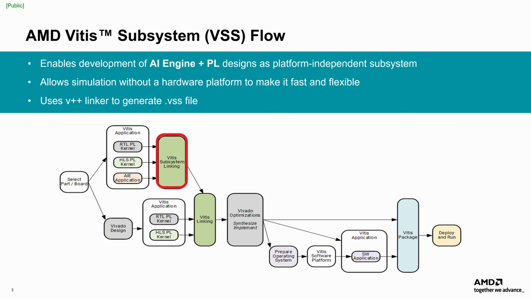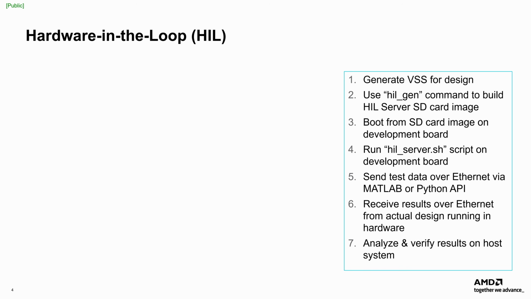for integration and deployment. With the subsystem created, the design can then move toward further verification and validation workflows within the Vitis environment. This is where Hardware in the Loop, or HIL, provides an alternative approach. Hardware in the Loop verification enables designs to run directly on real hardware, allowing much faster validation compared to traditional simulation. By executing the design on an FPGA platform, developers can observe behavior under realistic operating conditions.